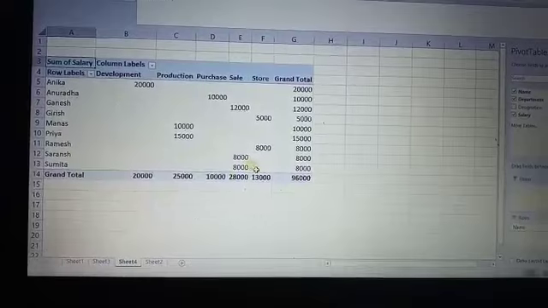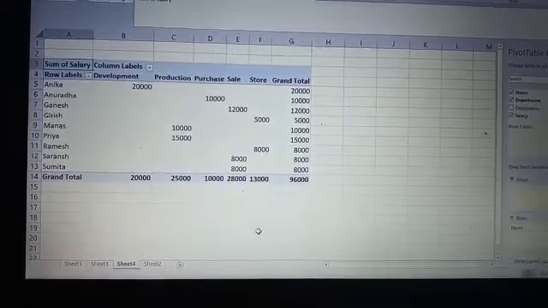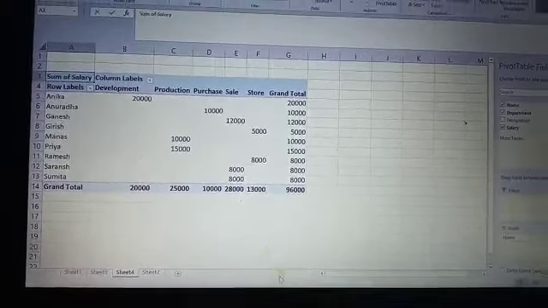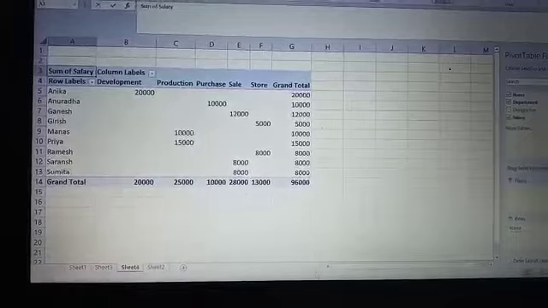That is the analyzing purpose of the pivot table. You can do it in an easy way, practically. That is very easy. Whatever we have discussed about the steps, you can do it easily.